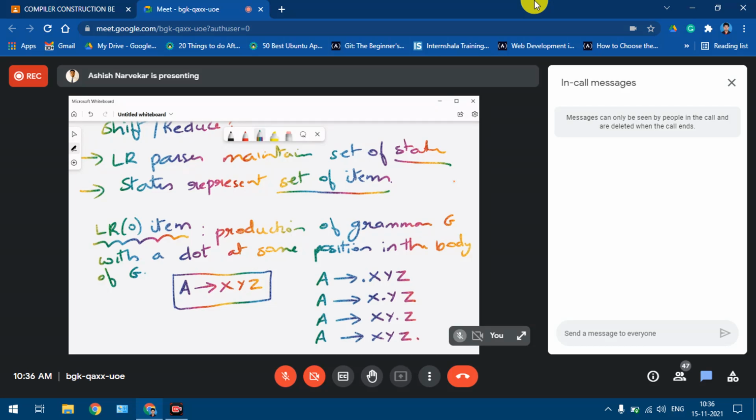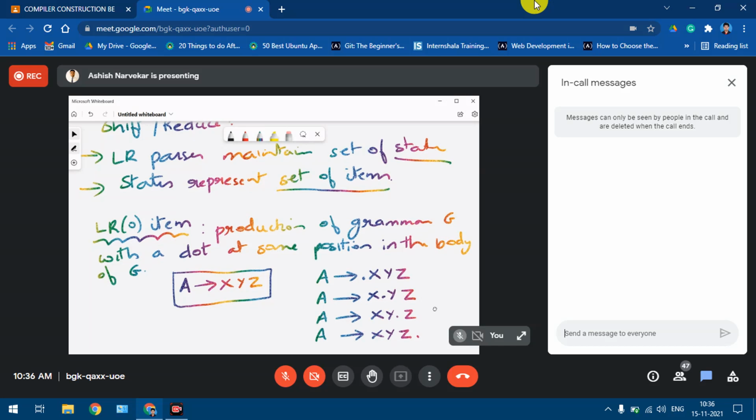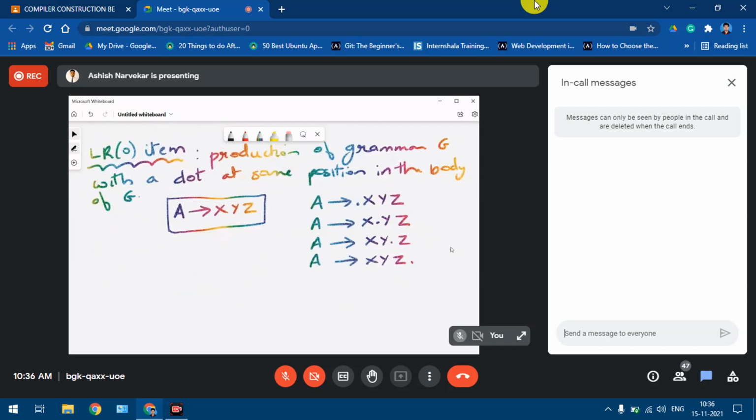Okay, so for one particular production, what we get is 4 LR0 items. It's nothing but every time the dot is shifted. The meaning of shifting of the dot is, if I consider XYZ as the RHS over here, it corresponds to some substring of the input.